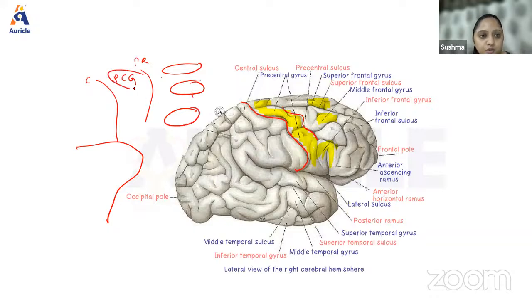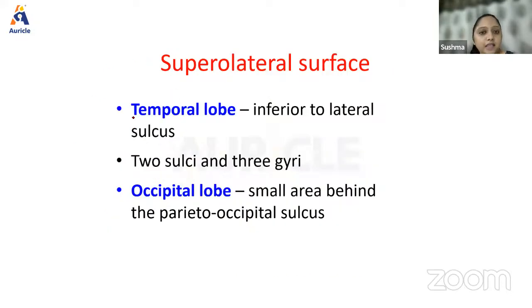So how many gyri do I have here? One is the precentral gyrus. Another is the superior frontal gyrus. Next I have the inferior frontal gyrus. In the middle I have the middle frontal gyrus. And this is the central sulcus, which is your reference point. Understanding? Yes. Next, in the temporal lobe, inferior to the lateral sulcus is where the temporal lobe is present,